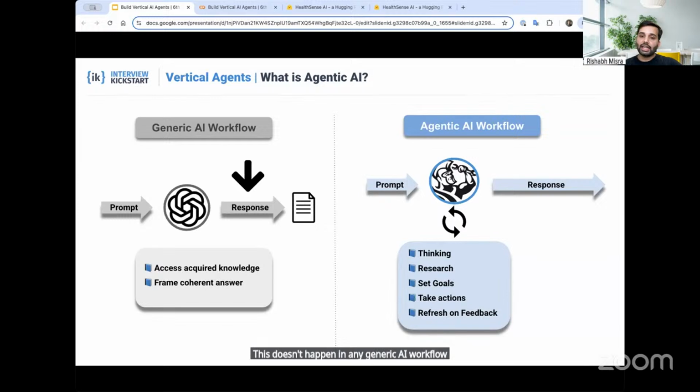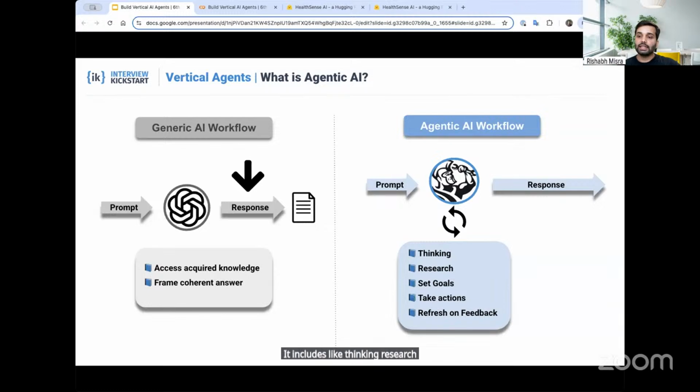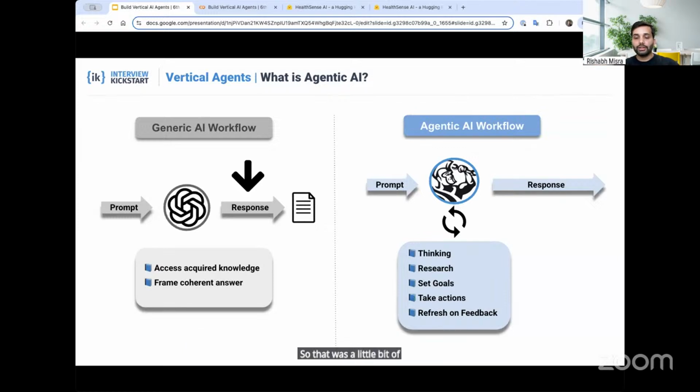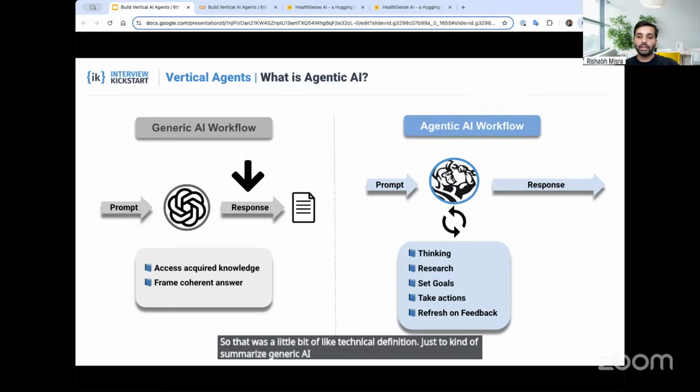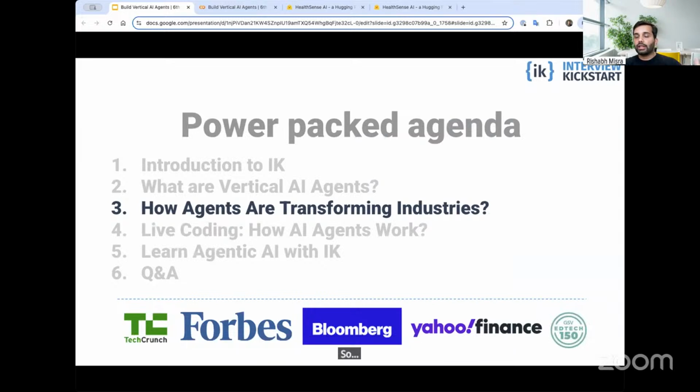In an agentic AI workflow, as you can see, it includes thinking, research, goal setting, and taking actions to achieve those goals. So that was a bit of the technical definition. Just to summarize, generative AI is good at generating and processing information, whereas agentic AI is good at taking actions and achieving goals by using the information that is provided to it. So now that we know about agentic AI systems,